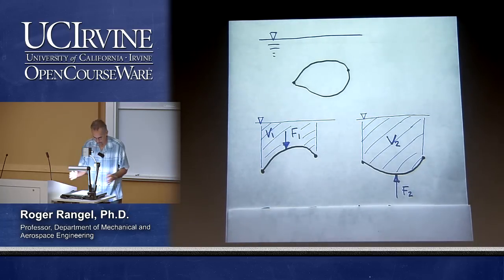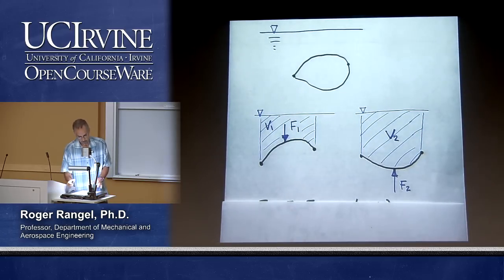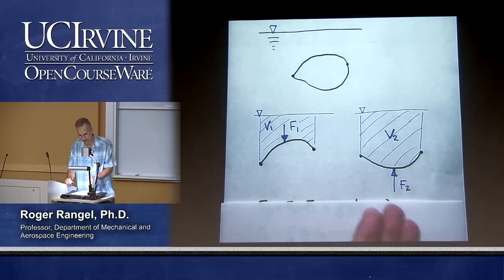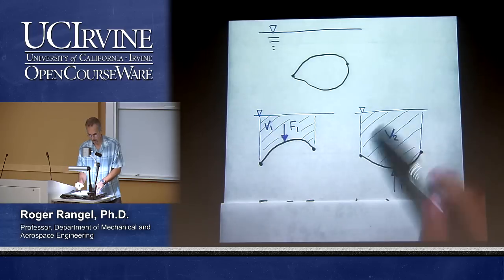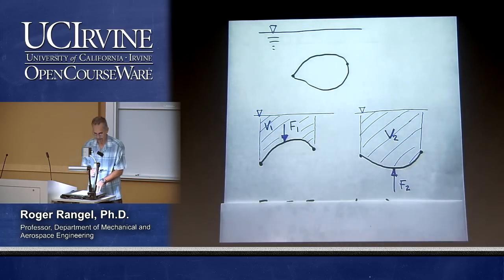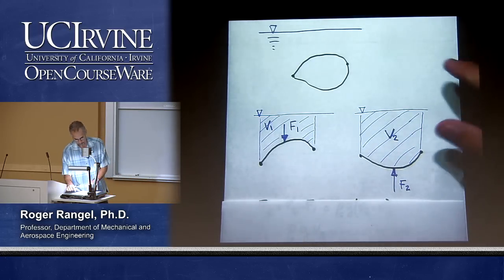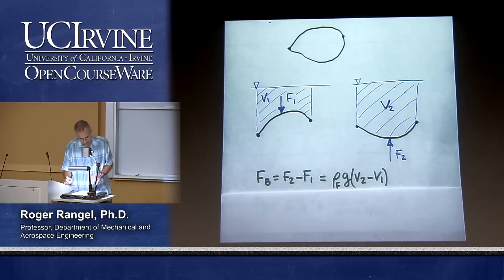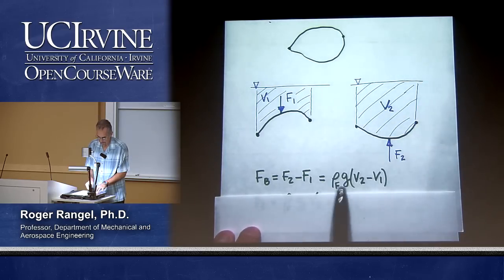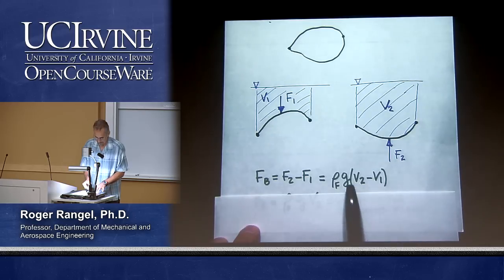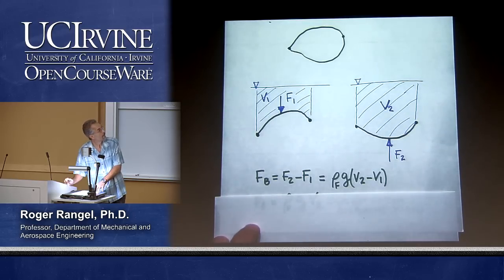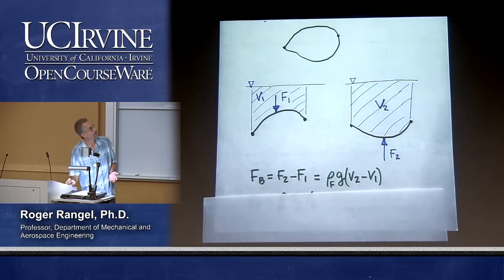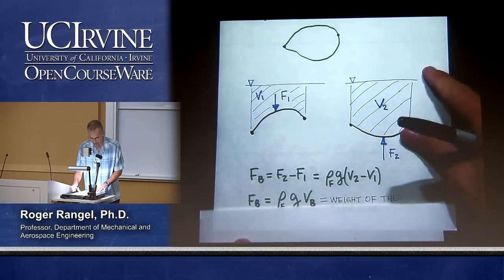So of course, to put the two things together, what I need to do to find my buoyancy force is to take F2 and then subtract F1 from it. I know that F2 is larger because there is more volume above this surface than there is above that one. So I already know that the force will be upwards because F2 is larger. So if I simply subtract them, F2 minus F1, then I find that it is the density of the fluid times gravity times the difference in the two volumes. And of course, the difference in these two volumes is nothing but the volume of the object itself, of the body